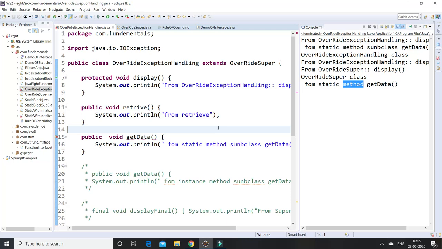Suppose the parent class has a method with return type as the parent class. In the subclass level we can declare the same method with the subclass as return type, when the subclass is extending the parent class. So these are the rules we have to remember while implementing the overriding concept.